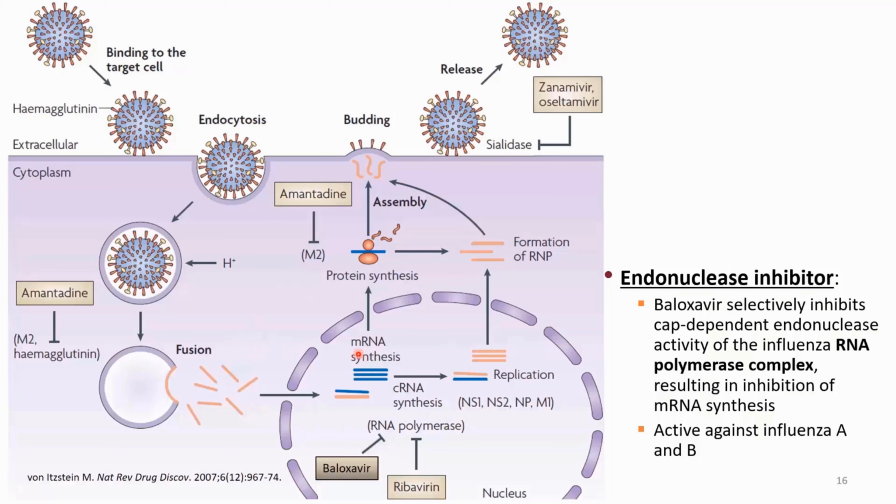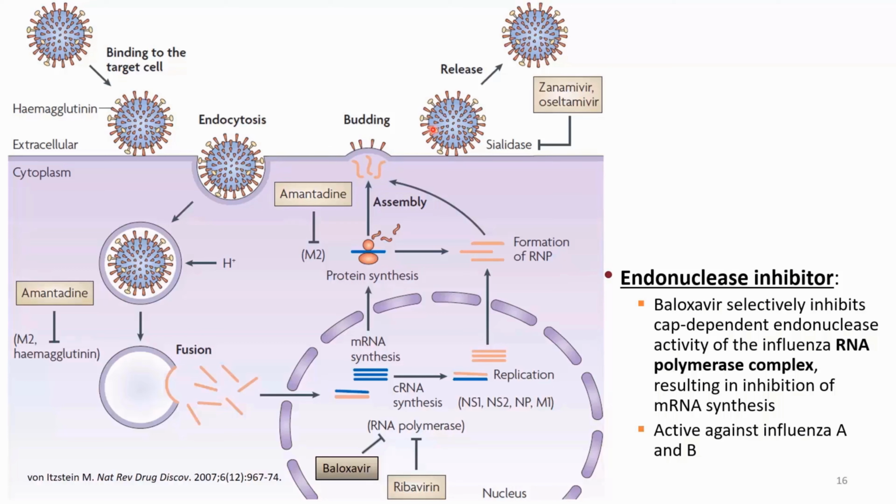So by inhibiting this RNA polymerase, it results in inhibition of mRNA synthesis, so it will interrupt the life cycle of the virus. Once the mRNA is synthesized, it will go to find a ribosome and translate into protein, and those protein products, along with some of these mRNAs and some of the RNA material of the virus, will basically assemble into a virus.